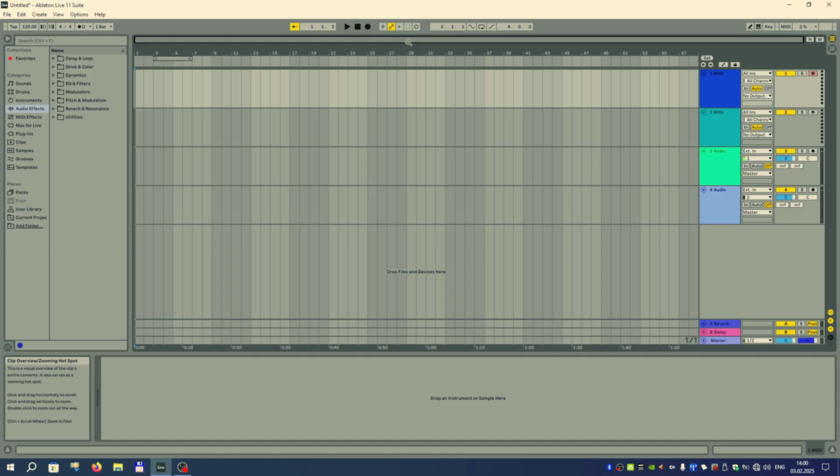The top area is divided into middle, left and right parts. The top middle part is for transport and loop. And the main buttons are play, stop and record. Play and stop are obvious, but if you want to record something, you need to arm a track first by clicking on the arm recording button. And then you can actually do a recording into the armed track.